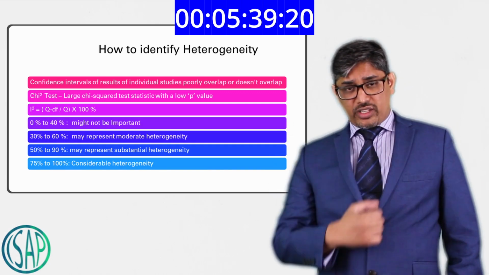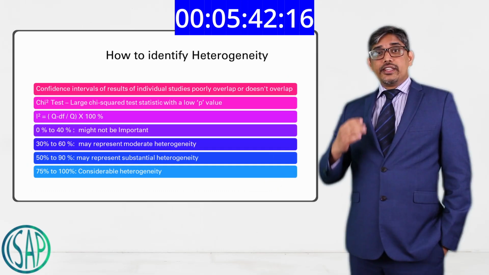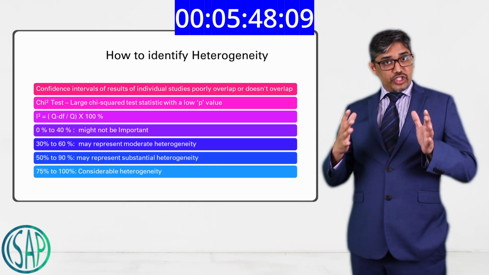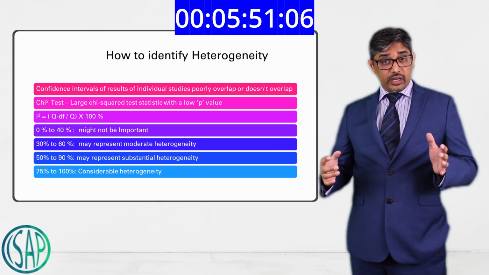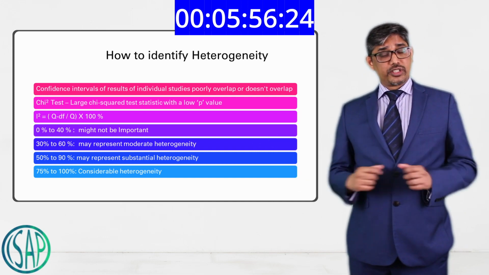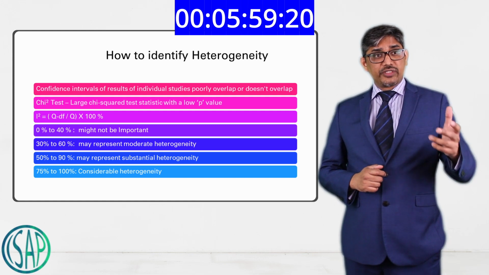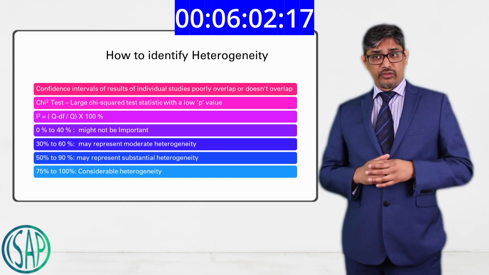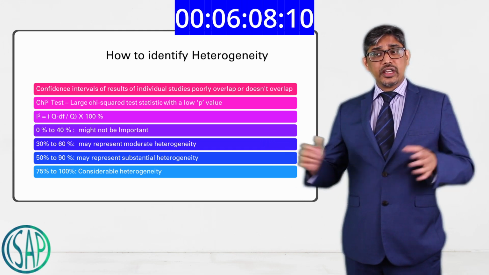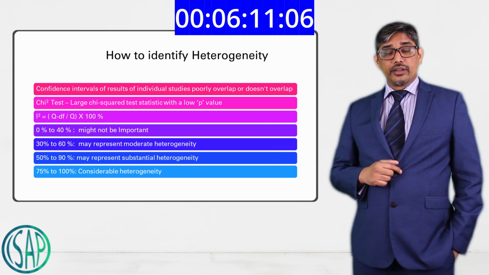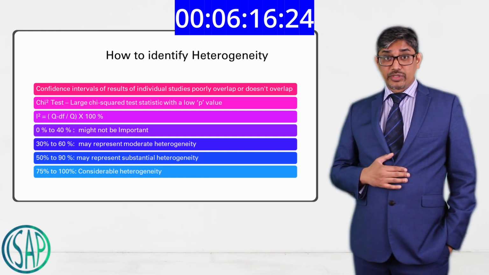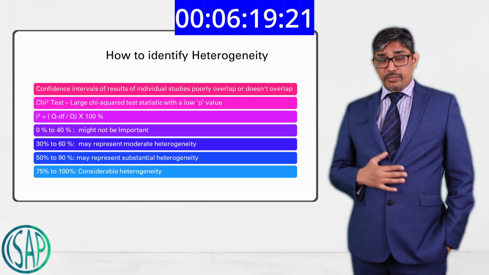What is the importance of this I square? Why do we need to give a formula to I square? There is a reason for calculation of the I square value. If the I square value comes between 0 to 40%, it may not be important if you're looking at a single outcome, like for example sensitivity or specificity. If you're reporting two outcomes in a forest plot, both sensitivity and specificity, you have to consider a range of I square values. Anything between 30 to 60, if you're looking at two outcome measures, will be considered moderate heterogeneity. Anything above 50% is substantial heterogeneity, 50 to 90% is substantial, and 75 to 100% is considerable heterogeneity.